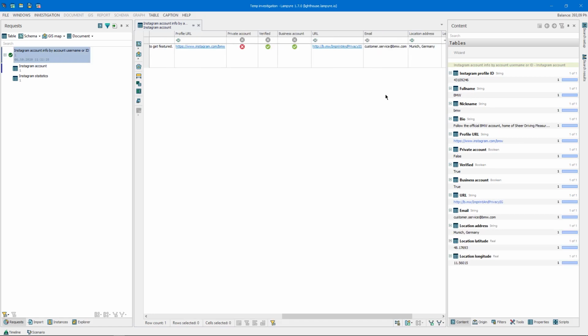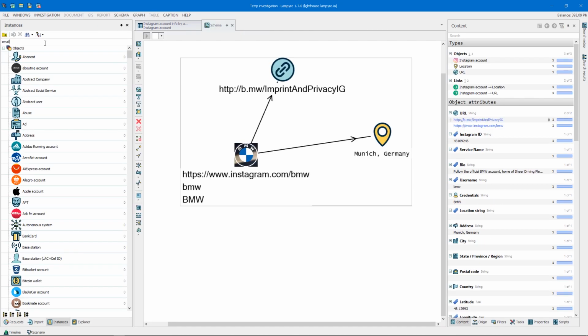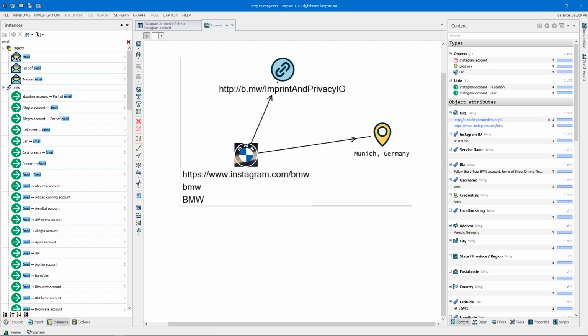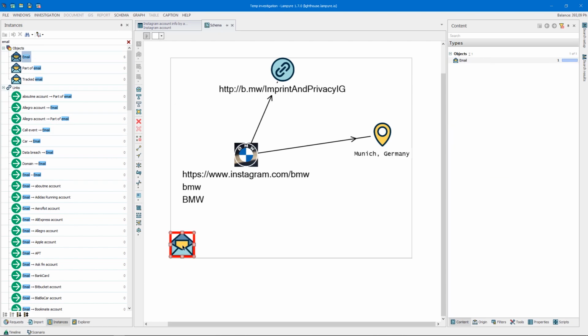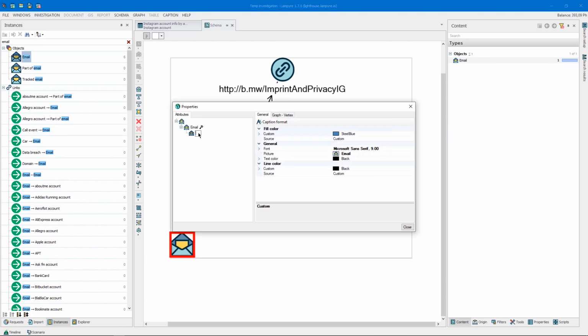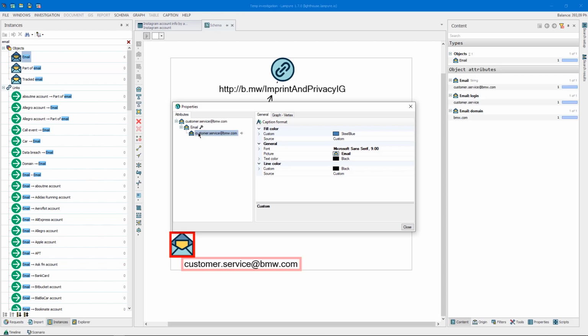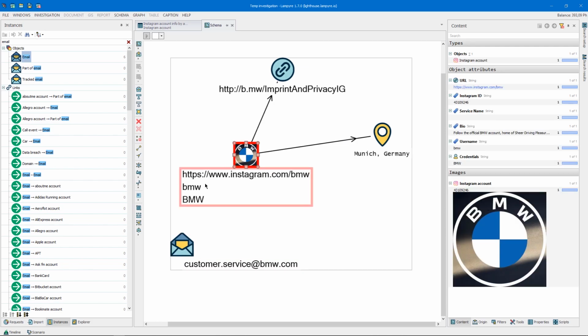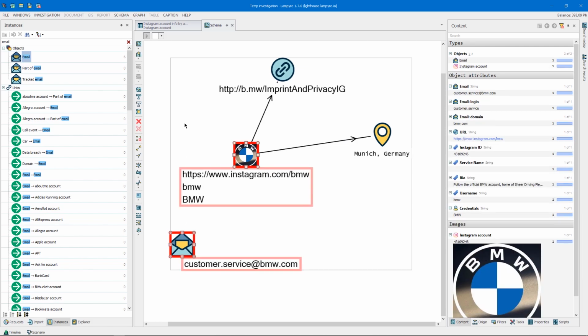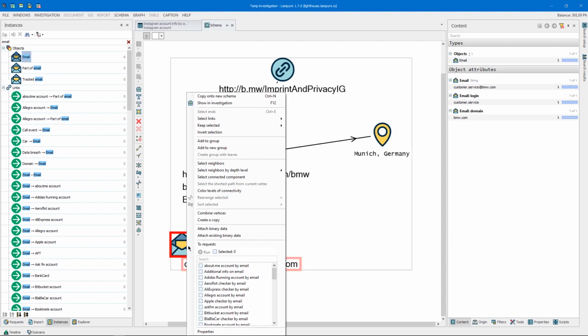Sometimes Instagram users add contact info to their bio, so you'll be able to add that info to your graph, for example. You search for the needed object in the Instances window, drag it to your graph, define it with your info, and then right-click and enrich it by obtaining data from other sources. Same goes with the business accounts. You get business contact data to use it as input for other requests. Very useful for profile analysis.